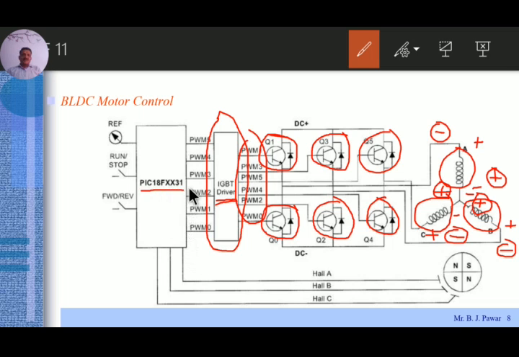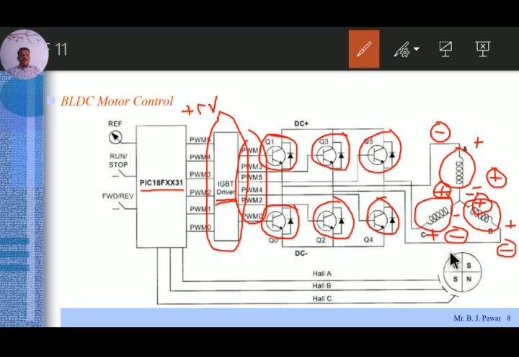Because the output of the controller is mostly only plus 5 volt, and if the requirement of the switch is, for example, 6 volt, then there should be some amplification. Also, if the input current consumption of the switch is greater than the sourcing current capacity of the controller, there is a need of this driver circuitry, right? For the controller, the output pins are assigned as PWM pins, so by proper programming we can generate the PWM sequence so that the switches get turned on one by one, and we can operate the BLDC motor.